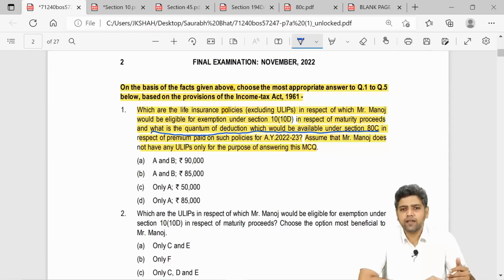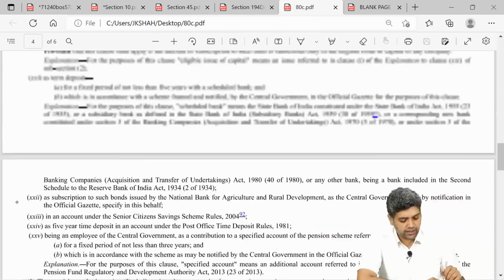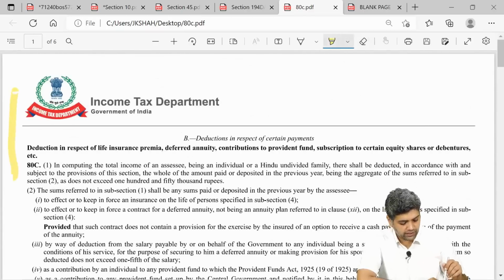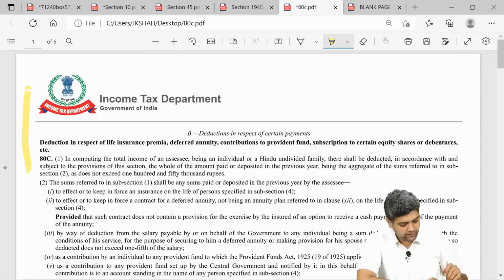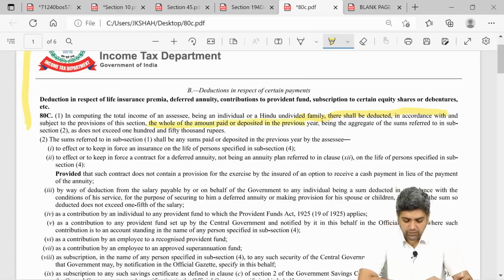One of them is that if you make payment of premium towards a life insurance policy, then you get deduction under section 80C. However, there is a restriction on that. So, I will show you the provision of section 80C. Section 80C says that in computing total income of an assessee being individual or HUF, there shall be deducted, in accordance with and subject to the provisions of this section, the whole of the amount paid or deposited in the previous year, being aggregate of the sums referred to in subsection 2, as does not exceed